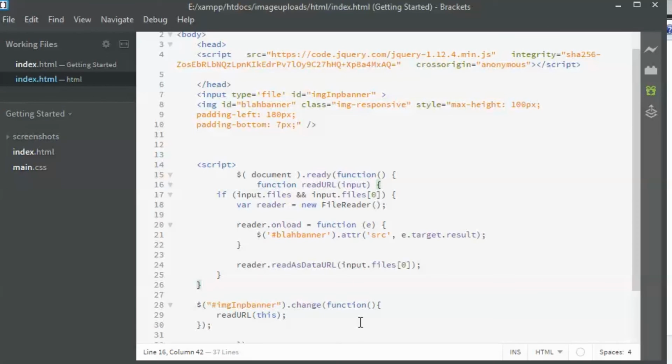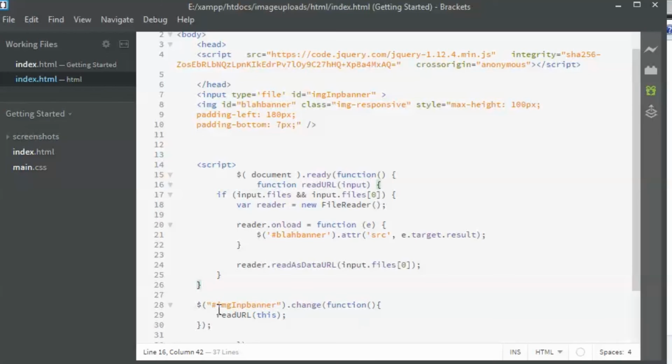So guys, now I'm going to show you how to validate the files that you're going to upload. Sometimes a user may be able to upload an exe file to your website. So you have to make sure that he's uploading images. I'll show you how that is done. That is a really simple thing. You have to just define a new function.